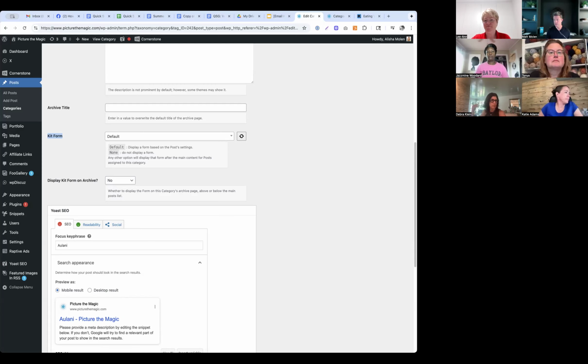Are pop-ups better than inline on specific posts? Yes. The reason for that is what I just explained: if I'm scrolling through and I miss your embedded form because I'm focused, I hit jump to article or jump to recipe or whatever, and I skip over it, I'll never see that form. Or I'm blind to it because I think it's an ad. The reason that pop-ups are considered annoying by many is that it stops you in your tracks. It says, hi, hello, you got to look at me. So that's why it converts better for those same reasons.